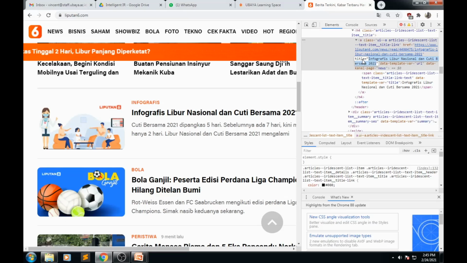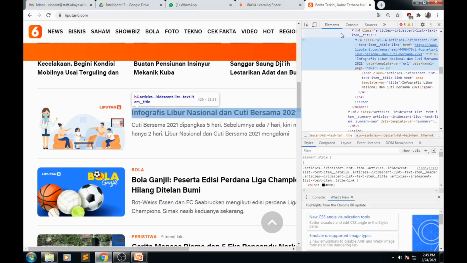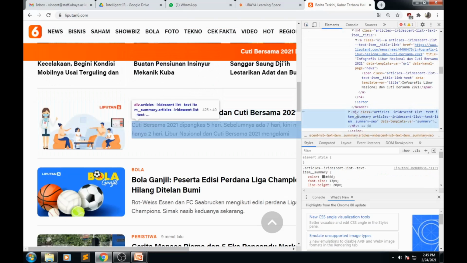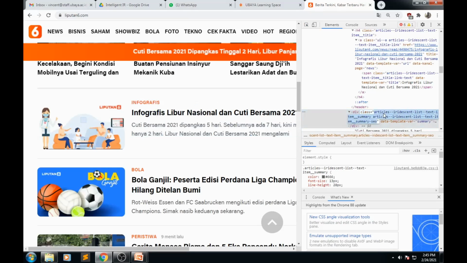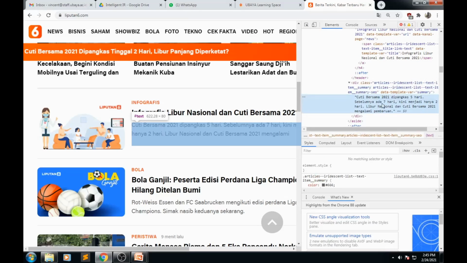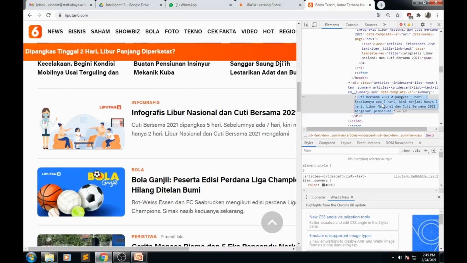Okay, next, for the news link, the tag used is the same as for the news title, only we use href in here. This is for the link. The last one is the summary. For this we use tag div with the class name here, and this is the summary of our news, and this is inner text.